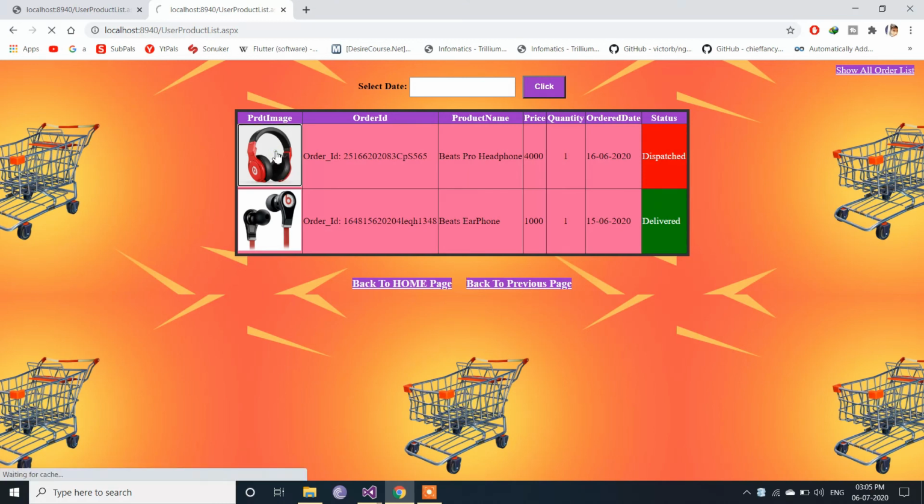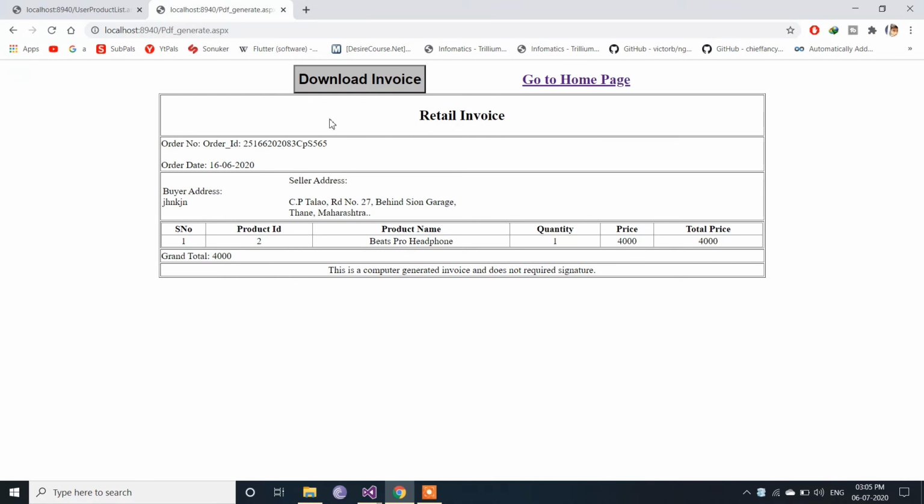Yeah, when we click on this, we'll be redirected to this page, that is the PDF generate page, where we can find the order which has been clicked to download the invoice with the price and all the address which was entered by the user during registration. Okay, and the seller address, the date, the find order date function, we are going to get the date also, and the order ID is being passed here, which is stored in the command argument used in the image button control in the grid view, right?